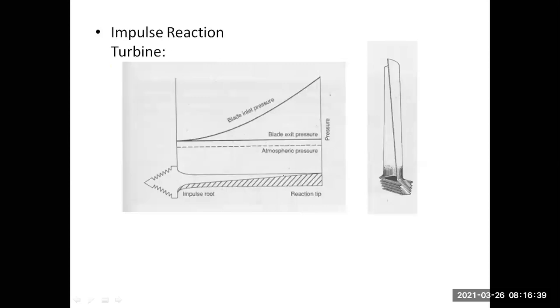You can clearly see that at the root, or at the base, we have got an impulse turbine, the impulse root. At the reaction part, what we have done is we have twisted the blade. By twisting it a little, beta, we changed the angle and made it a reaction type. See, this is the blade inlet pressure. As I told you, at the root there is low pressure, but as you go further and further away, you will see that the inlet pressure increases. So at the tip there is a high pressure. So we put an impulse reaction turbine.